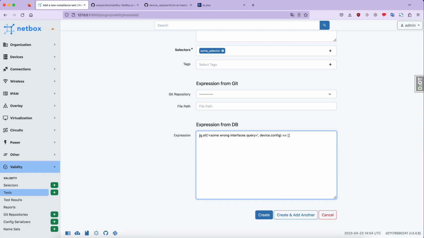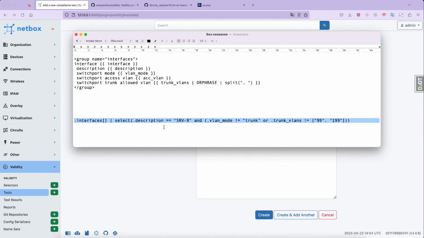So this expression could also be rewritten in this way. I remove this and I write not this. It's just regular Python rules for how to write the expressions. And the last thing, we need to exchange this substitution for a real JQ expression. So I already prepared the expression. Here it is.